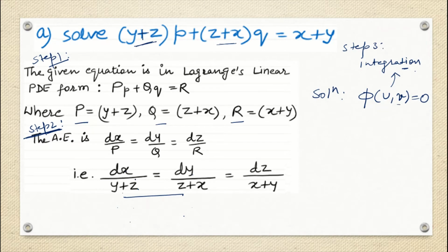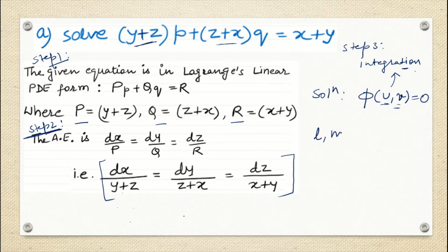So here you can see that grouping is not at all going to work. So that means the combination method will also not work. Now we are going to try whether the multiplier method will work or not. So in that case, what we had discussed is that we are going to take three multipliers, right?